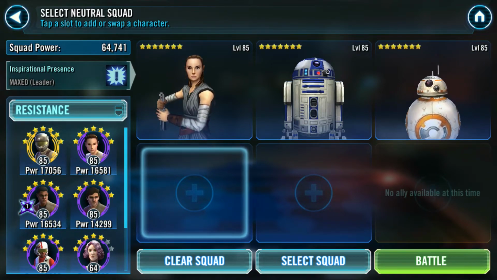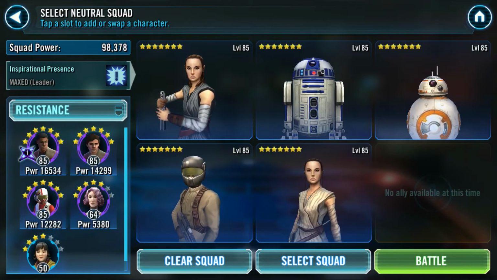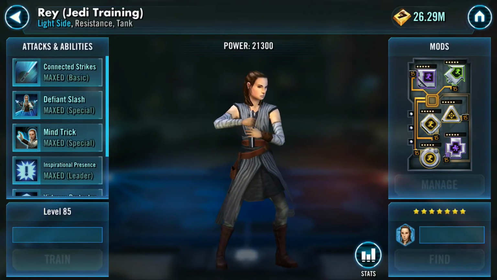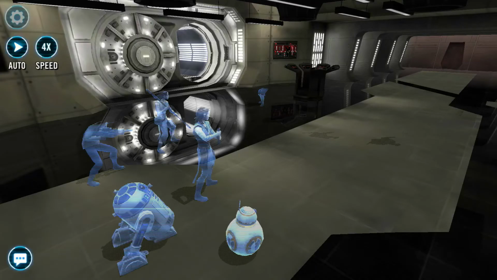Should I just go full resistance, or should I try to throw a tank in there, perhaps? Rey, where'd your lightsaber go? He needs your lightsaber for battle, Rey. Pull your lightsaber back out. Dang it, Rey. That's probably just a glitch. Oh, look, she still doesn't have it. I don't know how this is gonna go without Rey having her lightsaber. This doesn't seem very